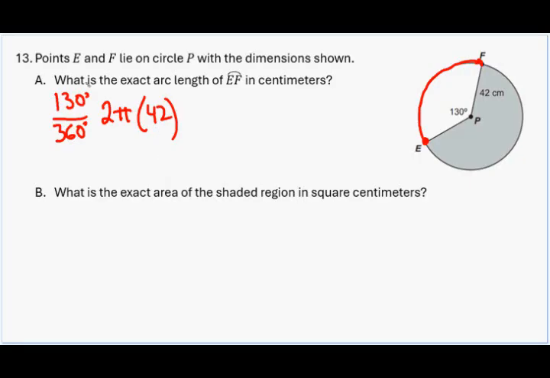When it says exact, we don't want to round off. Exact means we'll probably leave that pi in there. So on our fraction we can drop the zeros. That's 13 over 36 times this 2, which I'm going to write as 2 over 1. 42 is 42 over 1, and all of this is multiplied by pi. So if we just multiply everything straight across,